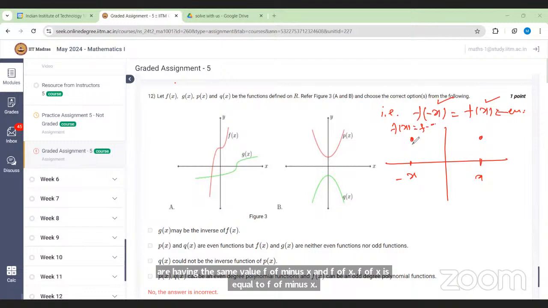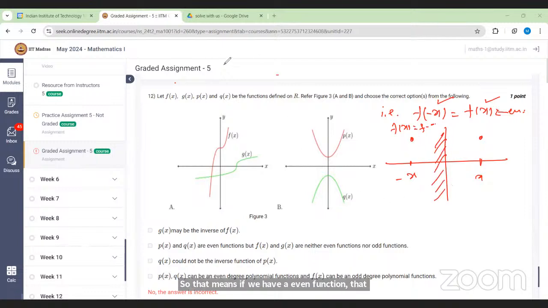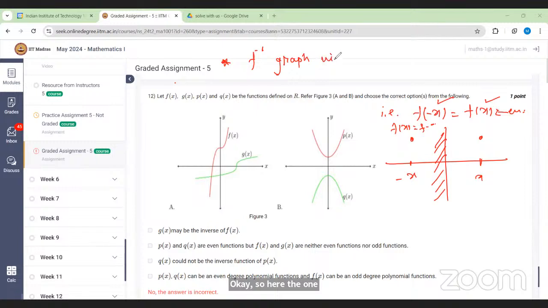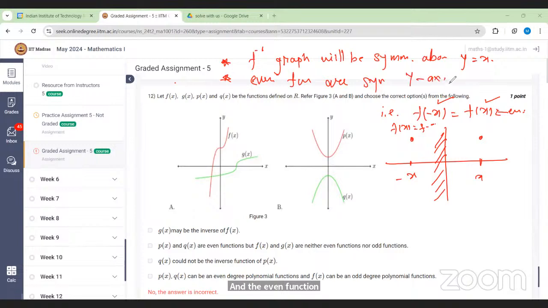So if we have an even function, that function will be symmetric about the y-axis. Here, note that the graph of f inverse will be symmetric about the line y equals x, and even functions are symmetric about the y-axis. So here, if you observe, this function f of x is not symmetric about the y-axis,